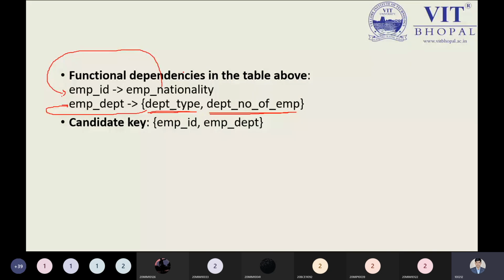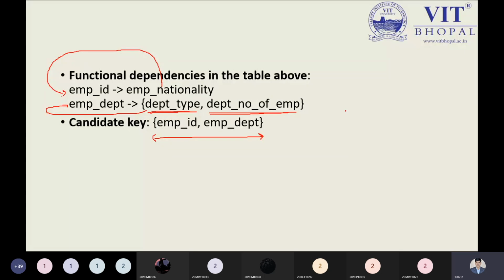So by using your brain and your logic, you have to determine the functional dependencies. And after determining functional dependencies, we can also determine the keys. From this other example, you can observe over here that department ID or employee department will be the candidate key. This is a point you are required to keep in mind. Candidate key